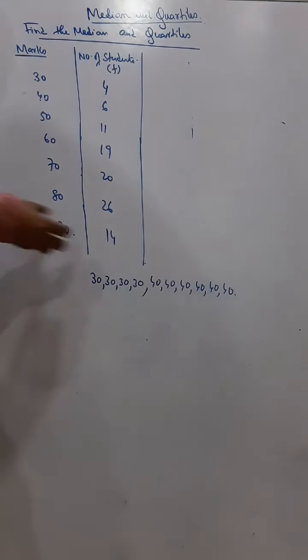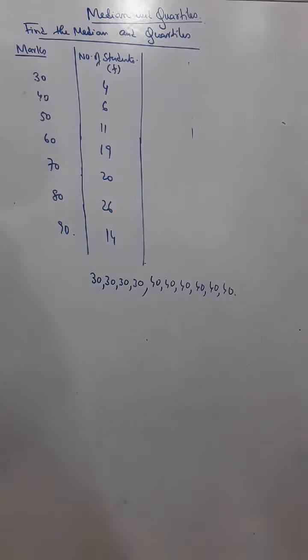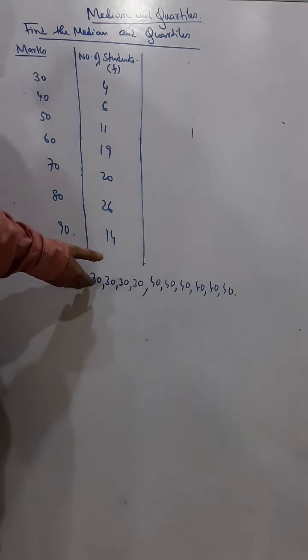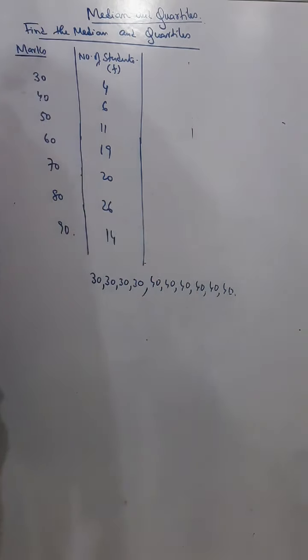Now we can understand it's not possible to write in this manner. It will be a very long list of values we have to write, and it is very difficult, very complicated to find the mid values by counting, and also it's not a very good method. So simply without writing in this manner, in this case also we can get the mid values, the n by 2th term, the n by 4th term, in this case also we can get.